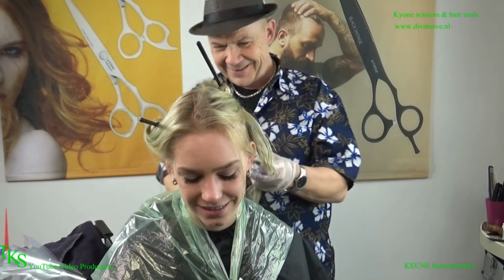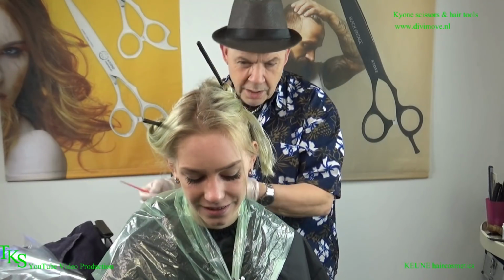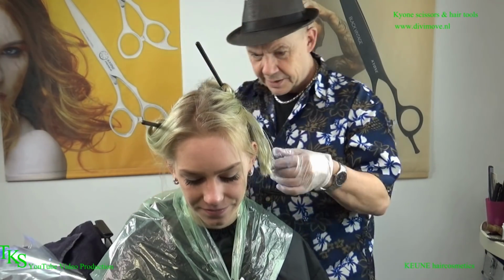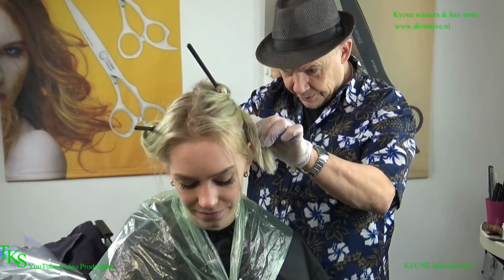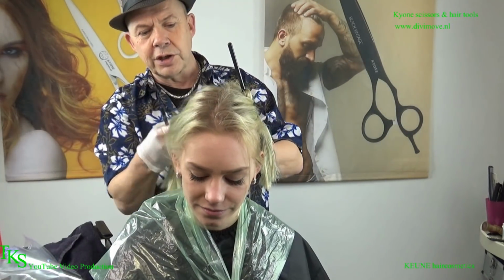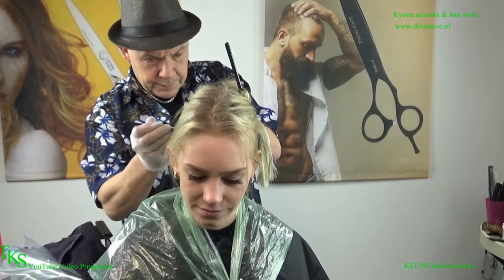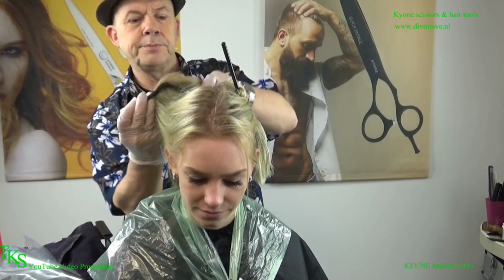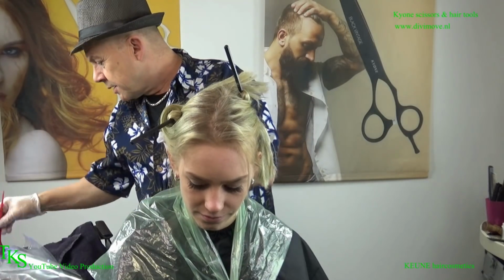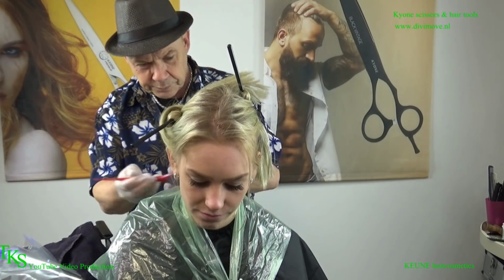Gonna melt her. I will lay the foils between it in about 4 centimeters of length. So the first lines are up to the skull bone. And then my first foil will come. I mostly work very fast by putting on the...